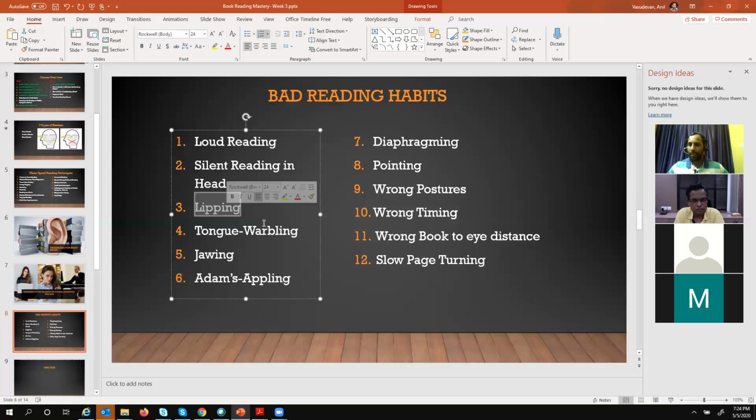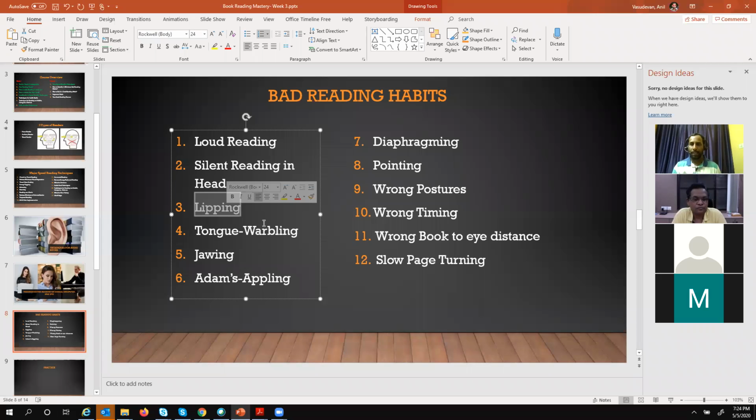Diaphragming is another thing, where our breathing is impacted by the reading. There are no other movements, the vocal cords and everything are perfectly fine, we are not even moving anything, but still our breathing is affected. Breathing is changing based on the reading. How can you test that? You put your hand in front of your nose, breathe normally, and see how the breathing is happening, and then you start reading and see whether there is any slight variation in the breathing pattern. If any variation happens, that shows that diaphragming is happening for you. That needs to be eliminated to read better.